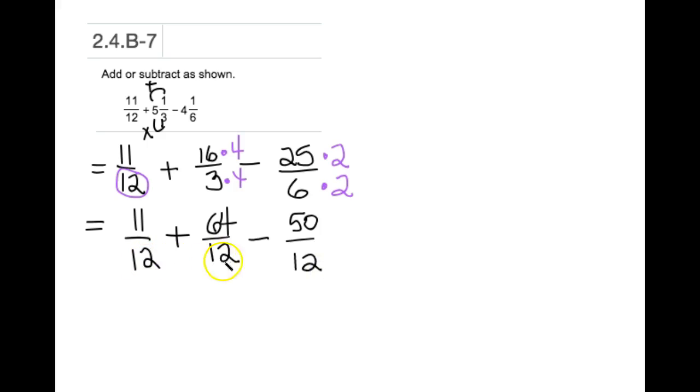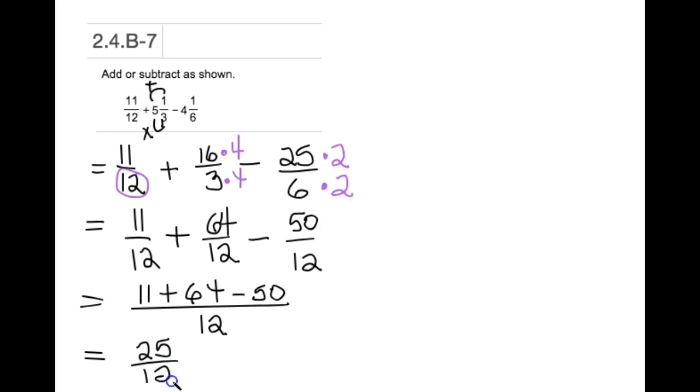So now that we have the same denominator, it just means that all of these, whether we're looking at a pie or a grid, they're all broken into 12 sections. And so to find the total number of sections that we have, we can just go ahead and add the 11 and the 64 and then subtract the 50. So we could write it all in the numerator together like this, all over the 12, to just show that that's what we're going to do, and then that final result ends up being 25